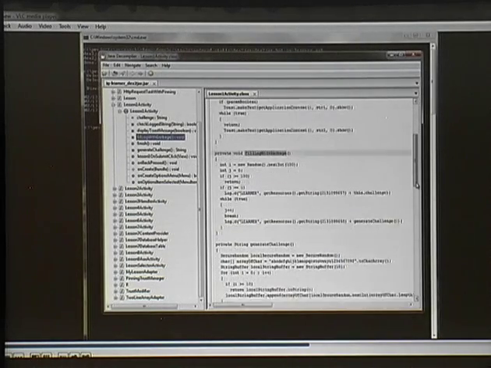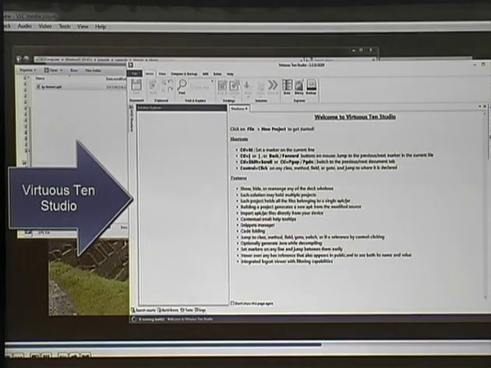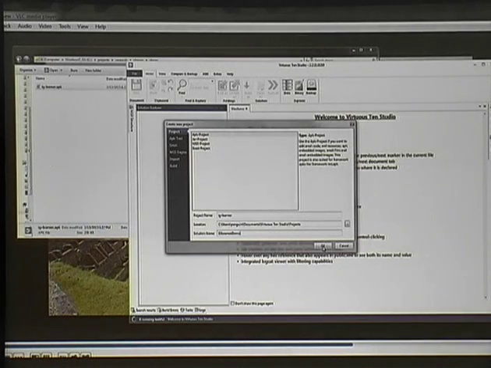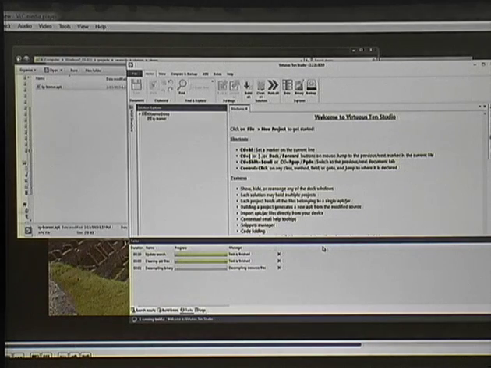So here, this is my logging garbage method. You can see that the code is not obfuscated. It was actually not obfuscated on purpose. And this is the Virtuous Ten Studio tool that I use to look at the Smali code. Smali code is effectively the instructions that run in the Dalvik VM, and the Smali representation of an APK is something you would use to actually patch the code, make changes to it, and recompile it back.